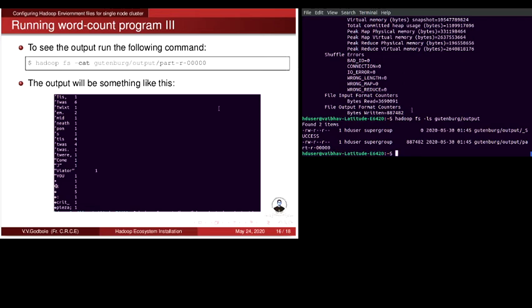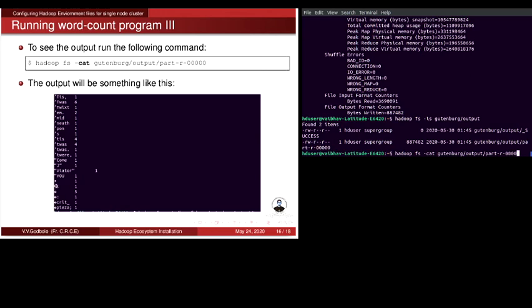You can see here in the output folder we have two files: one is _SUCCESS, and the second file is part-r-00000. This is the file which contains the output of our program. Now we need to display the contents of this particular file. So -cat Gutenberg output /part-r-00000.